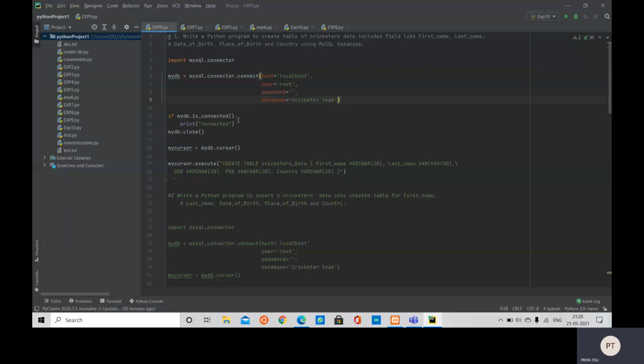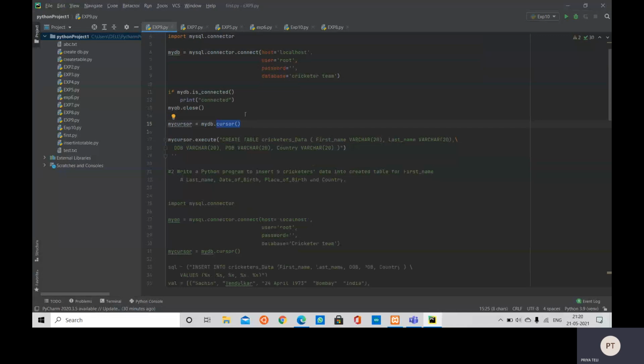Okay. Then how will we come to know whether it is connected or not? For that we are going to use the is_connected function, mydb.is_connected. Then it will print connected on the console, and then mydb.close. Now we are going to use the cursor method to execute functions like inserting data, creating a database, or updating the table. With the help of myCursor.execute,